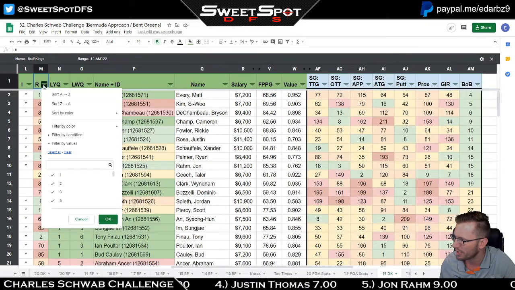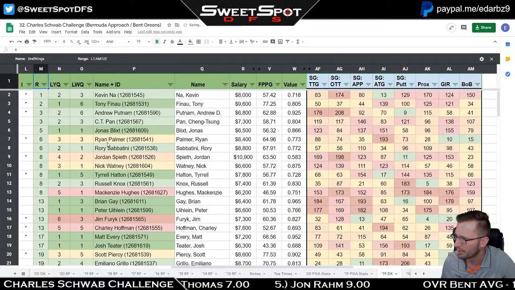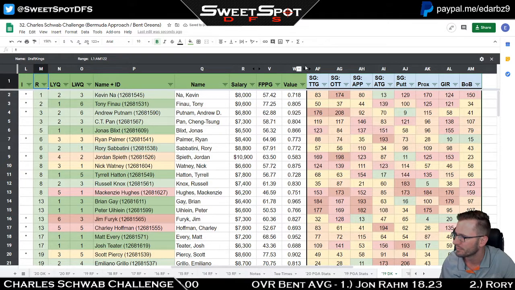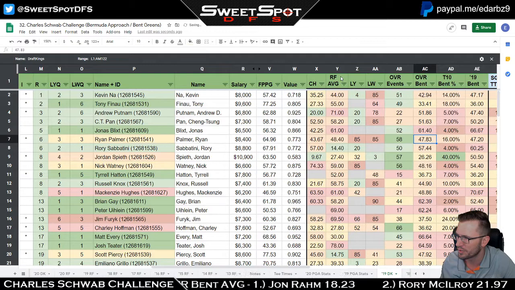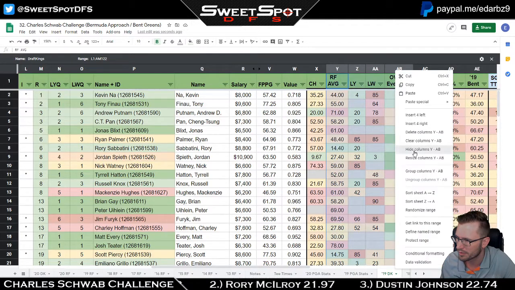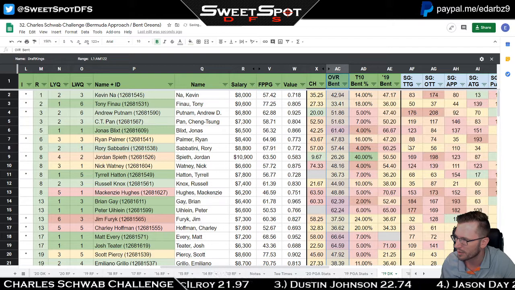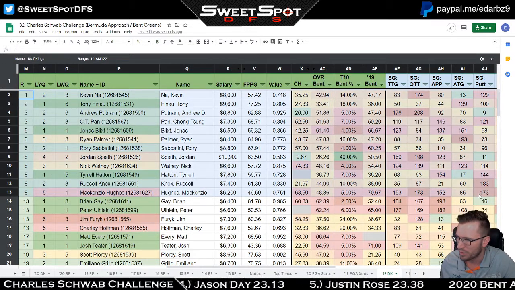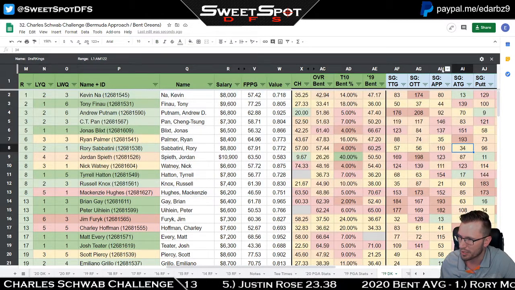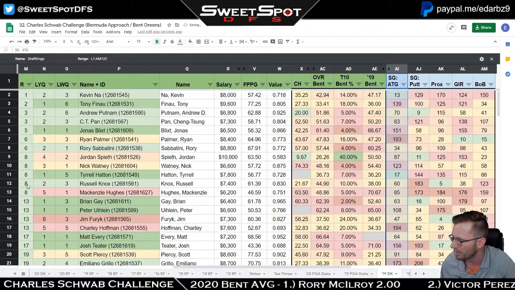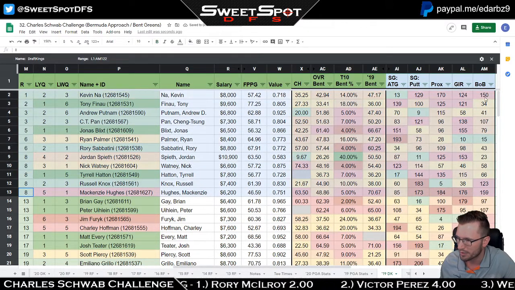So if I sorted this by result and then got rid of some of these things so we don't have to look at stats that aren't interesting, when we look at 1st through 10th and we look at all of the stats here, I'm actually going to hide this because we don't need to look at that either. We want to find birdie or better. But if we look at all of this,